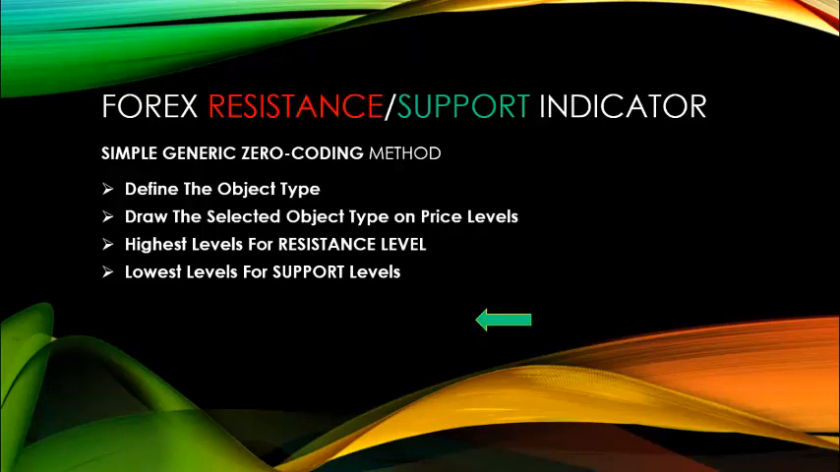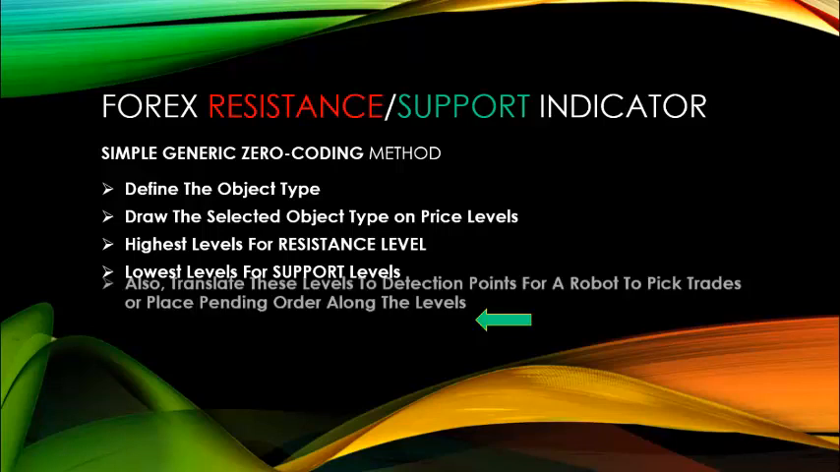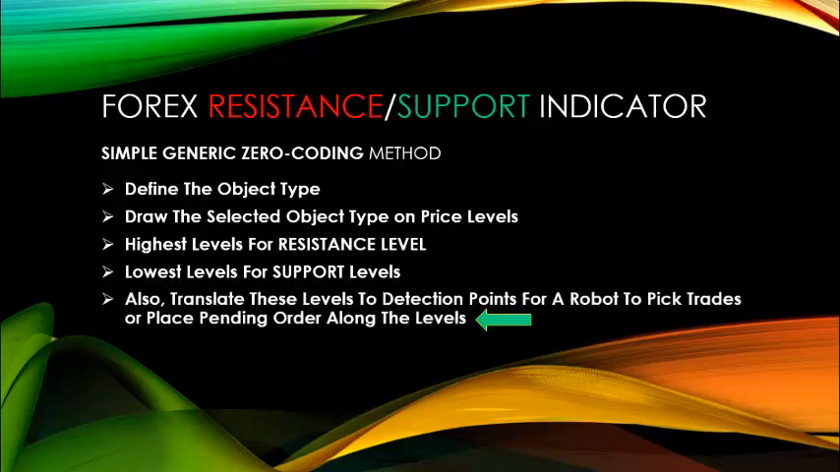In my previous video I explained how you can define the structure of a simple candle, where you have the open price, close price, the high and the low prices. So this is what you need to know for us to be able to define the highest levels and the lowest levels. Then there's a possibility that we can translate this kind of indicator to a robot that will pick